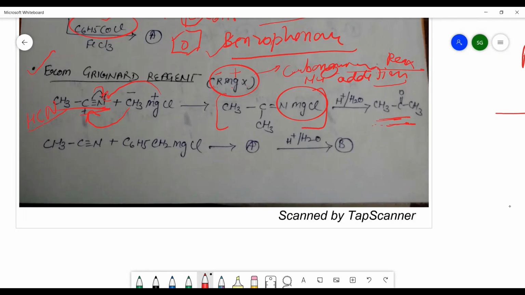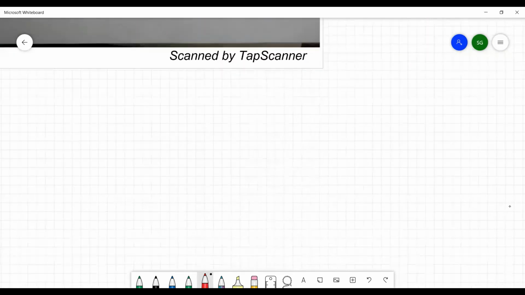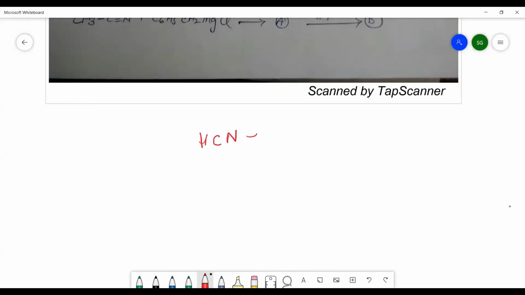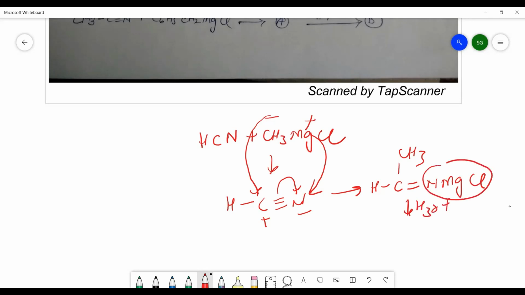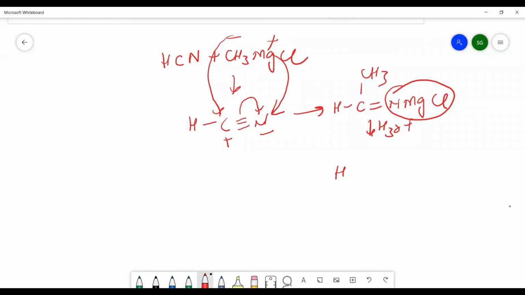Suppose CH3MgCl आपने लिया, see how does it form? HCN लिया, HCN में हमने ऐड किया CH3MgCl. So this is negative, positive and the C triple bond N ये है. So ये इधर शिफ्ट हो गया. This is positive, negative and C will be attached here, MgCl attached here and you will get CH and then CH3 double bond N MgCl, and after the acid hydrolysis this compound is totally converted into the double bond O and CH3. और जब आप इस compound को लिखेंगे तो you will get the acetaldehyde.